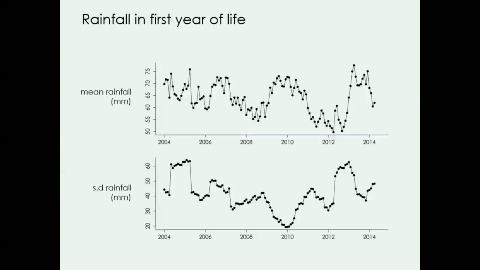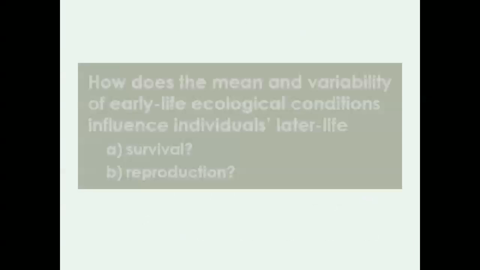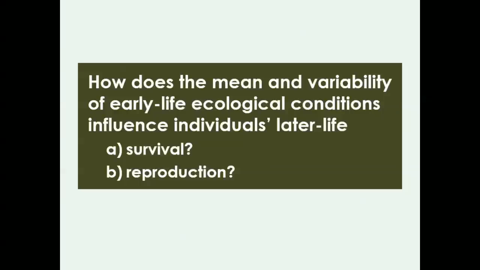And looking at both, this is the 12-month running mean of the mean and standard deviation of monthly rainfall on our site. And nicely, they're relatively uncorrelated. They're only correlated to about 0.3. So we can put them both into a model and decompose the effect they have on various life history parameters. And asking, how does the mean and the variability of these conditions influence individuals' survival and reproduction in later life? So we look at the rainfall in their first year and look at how this influences their survival and reproduction